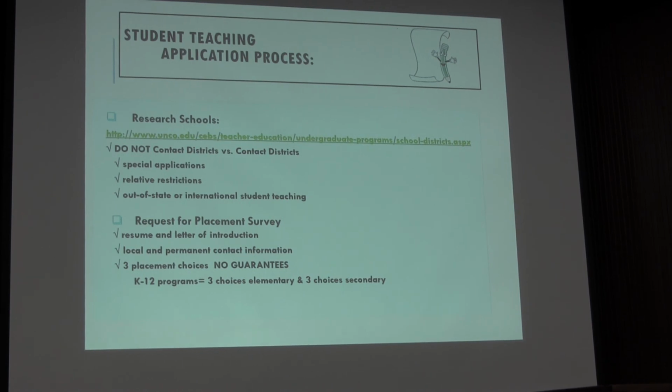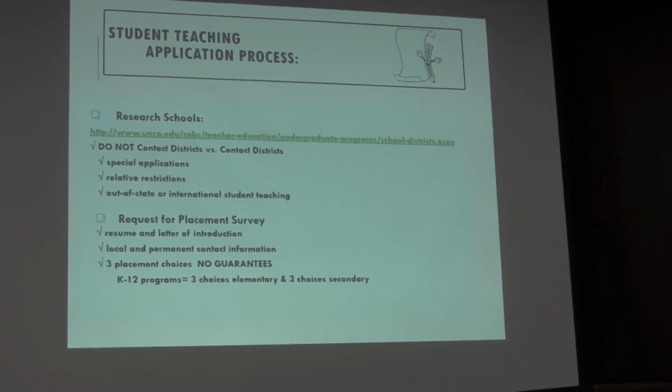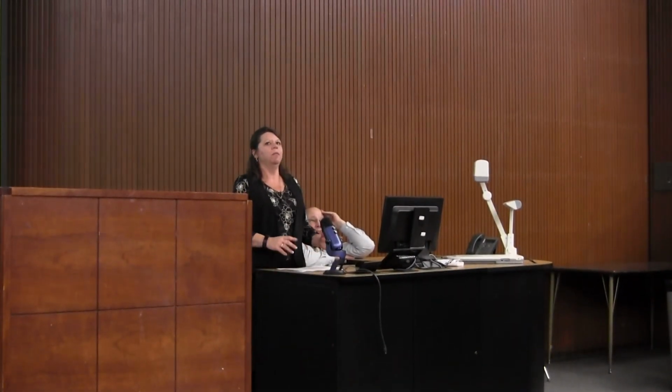Other question? No? Okay. In your request for placement survey, you're going to be asked to list 3 choices of where you would like to go. You can be as specific or as general as you want. You can say, I want to be in the St. Vrain district. You can say, I want to be in Southeast Elementary in District 27J with Mrs. Jones in the 3rd grade. Okay? You can say, I want to be in this zip code. Or I want to be on the west side